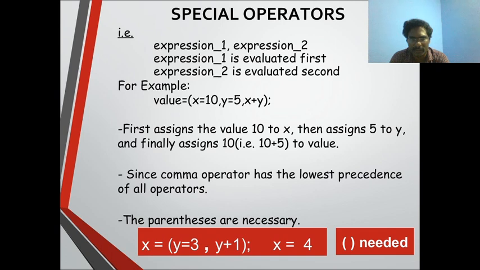We assign x equal to 10, and y equal to 5. At last, x plus y is 10 plus 5, that is 15, and that value 15 will be stored in the variable. Obviously parentheses are needed when assigning in this kind of special case.